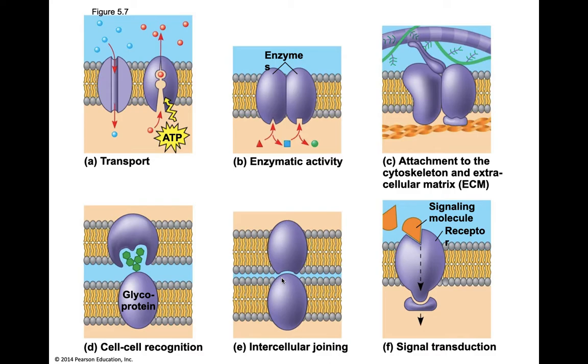We can have intercellular joining, so this helps create tight junctions between different cells, often seen within things like your epidermis, your skin, or your epithelial cells in your small intestine, preventing leaking. And we can have signal transduction. So we receive messages, maybe an email from another long-lost relative cell in another tissue, and that leads to some